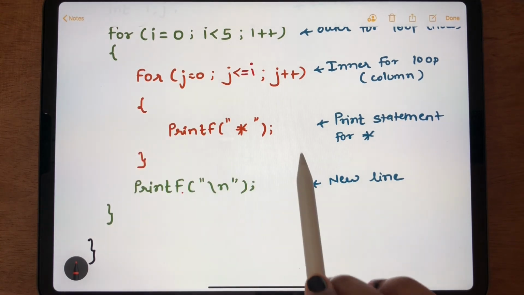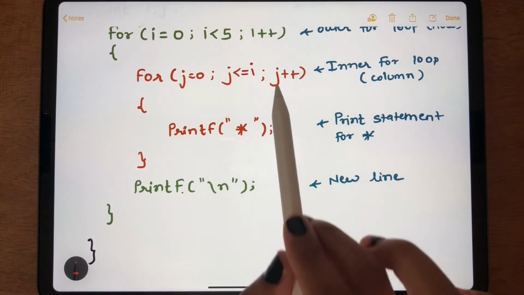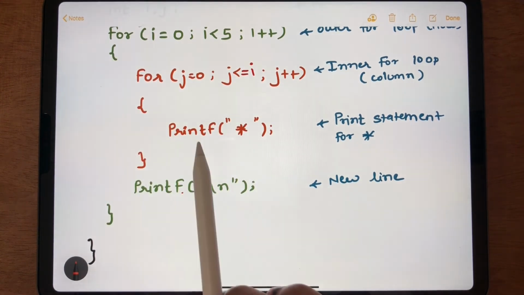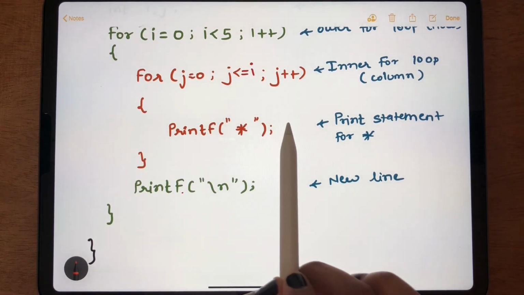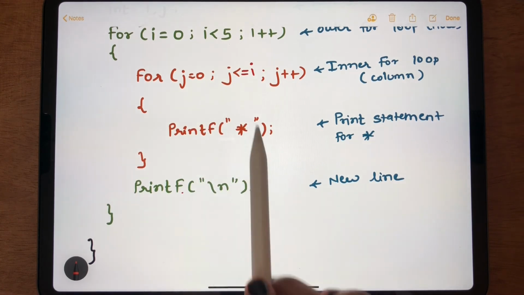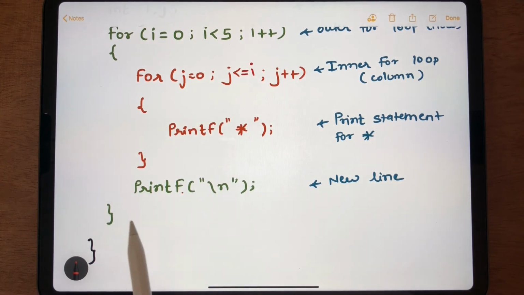The inner for loop is executed for the columns of each specific row. Once the stars are printed in one row, it comes out of this for loop, and then this printf statement is executed, which results in a new line.